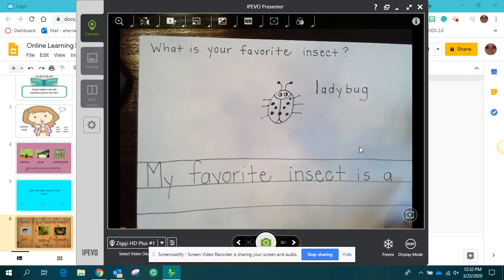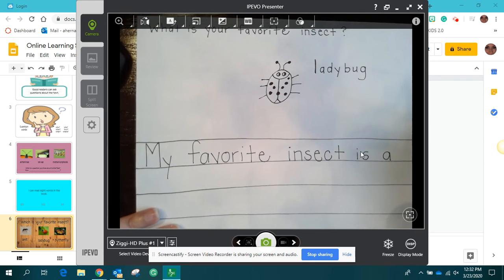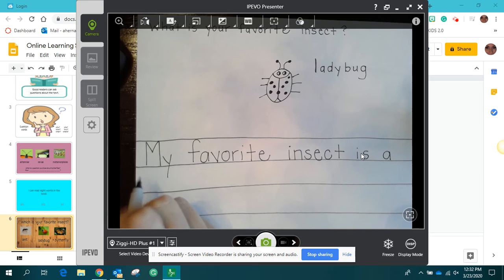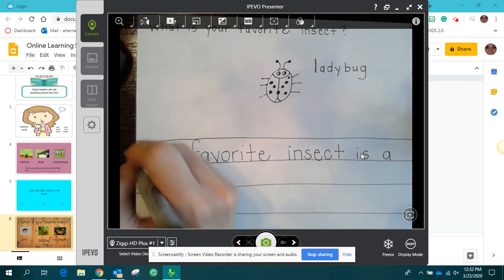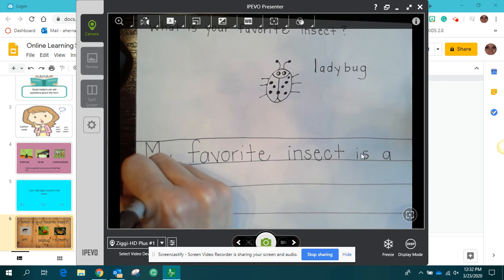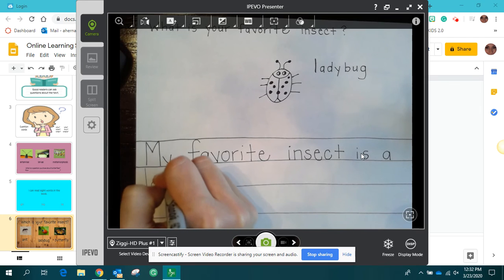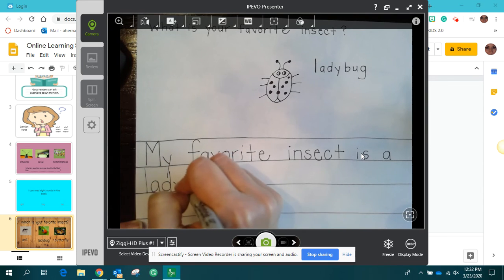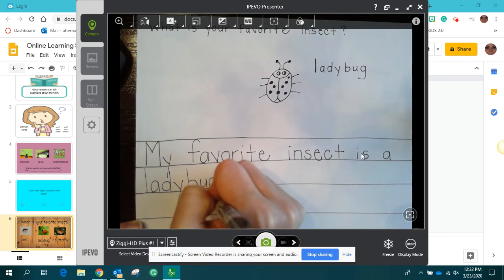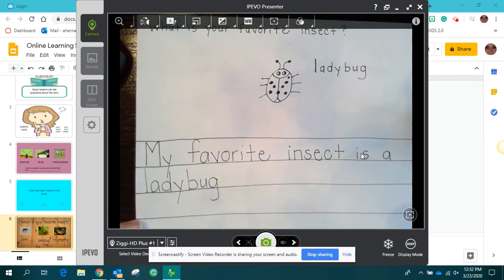Now, I don't have a lot of room over here, so I'm going to swoop down and start a new line, okay? I'm not done with the sentence, so I'm not going to make ladybug with a capital L. I'm not going to write it that way because I'm not finished with that sentence. Only when I'm starting a new sentence am I going to have a capital letter. So I'm going to make sure that it's a lowercase. Ladybug. And I have it written right here so I know how to spell it. My favorite insect is a ladybug